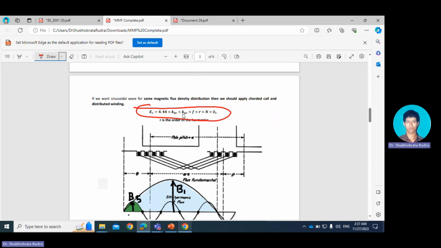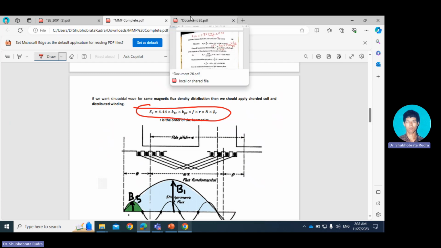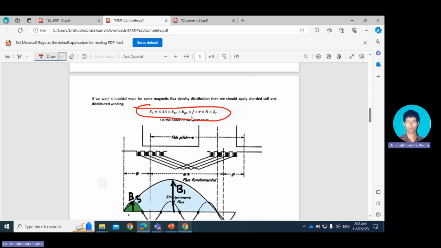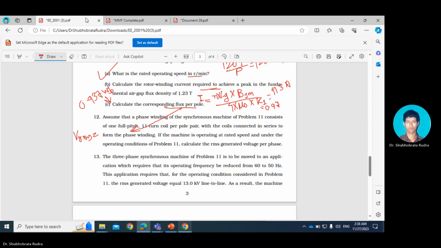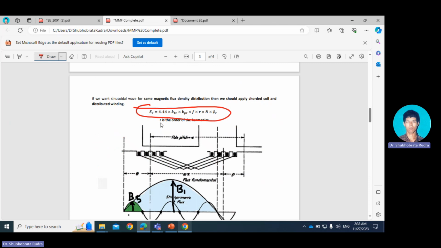Right, 4.44 kBr kPr. Now kBr and kPr is full pitch. kVr, just let me check. 11 coil per pole pair. One full pitch coil. So there is nothing to find out. What you have here is really that you should find out the value using this formula